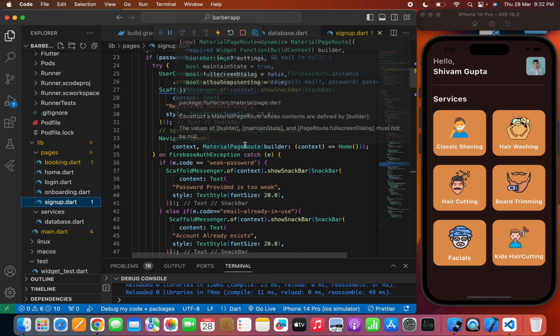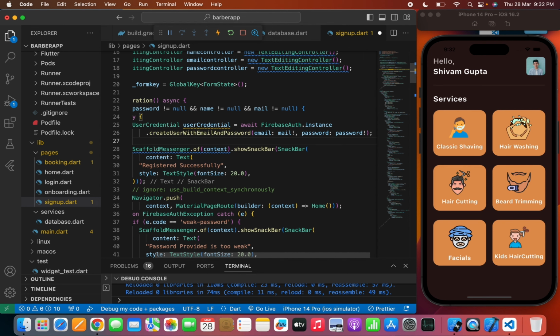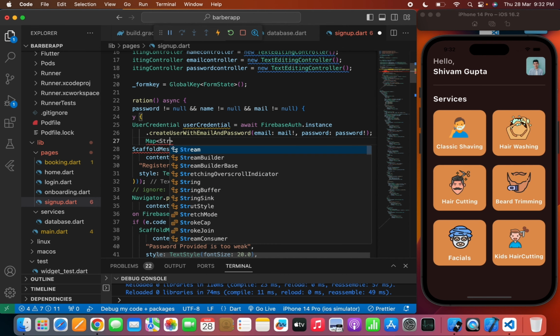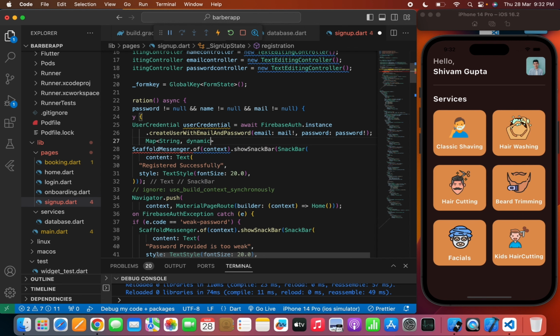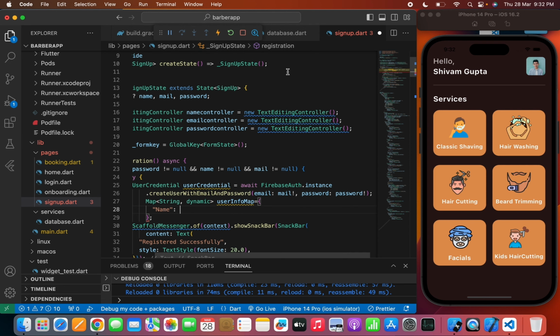Now, where we are pushing the user to the home page, just above this snack bar, we will first create the map. So here I will show you how to create a map, and we will name the map user info map. Now here, as I have told you, there will be a string. As you can see, I have used double inverted commas, which indicates a string, and we will write the name. And here in the sign up page, as I have told you, so let me show you